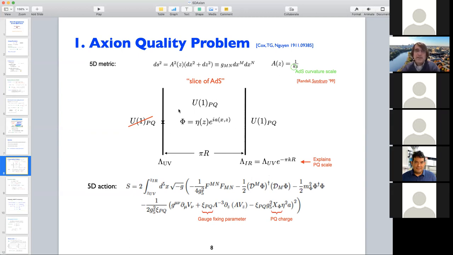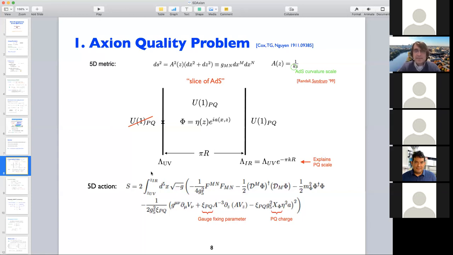And so the only thing that we have to do then is just modify the usual Randall-Sundrum setup with this Peccei-Quinn symmetry. Randall-Sundrum had the standard model in the bulk, but here I'm just going to put, for now, the Peccei-Quinn symmetry in the bulk. It's going to be preserved in the bulk, and it's also going to be preserved on the IR boundary. The only violation of the Peccei-Quinn symmetry is going to be from the UV brane. The reason I'm doing that is so that I can mimic the effects from quantum gravity. So allowing this violation on the UV boundary will mimic these effects from